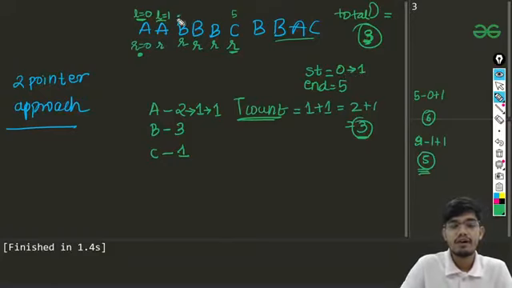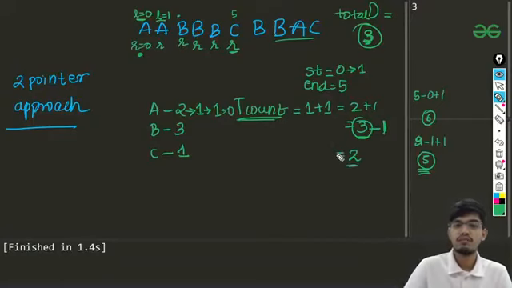And again when I do this, I'll be checking whenever I'm getting the frequency as 1, and if I again subtract that, we'll be getting 0. Then I'll be decrementing the total count, the temporary count. So the temporary count will change from 3 to 2. So 3 minus 1, 2. Now the temporary count is 2.